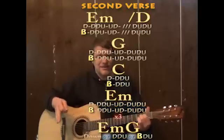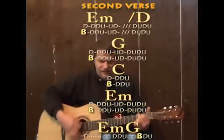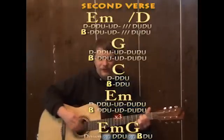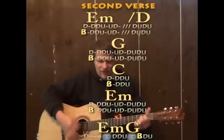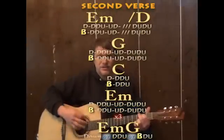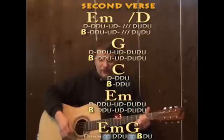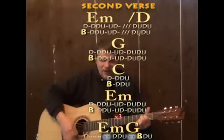So we try our second verse with kind of the 16th idea. We'd have the E minor, D, G, C, E minor, D, C. And in the verse, you want to do just downs on E minor and G, E minor, G,